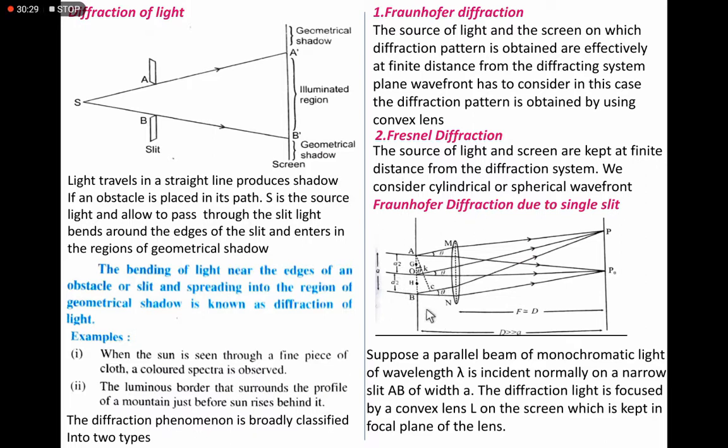It passes through the converging lens and we get the diffraction pattern. For the first straight line, light falls on the lens, and after passing through the lens, the waves reach P naught, P0. These waves travel an equal distance. Therefore, the path difference is 0 at this point, and the central bright maxima is produced in the